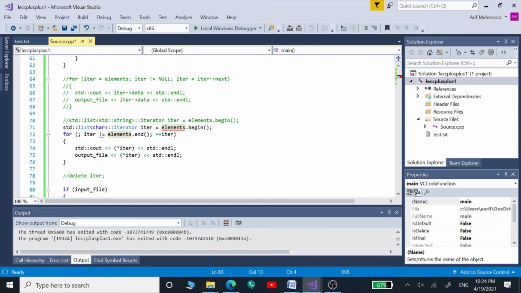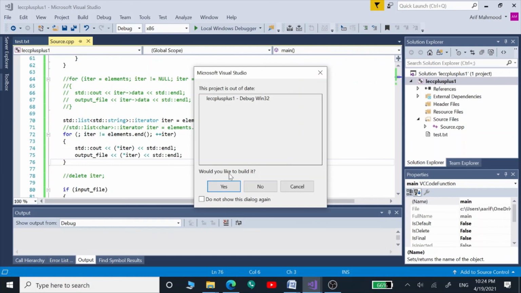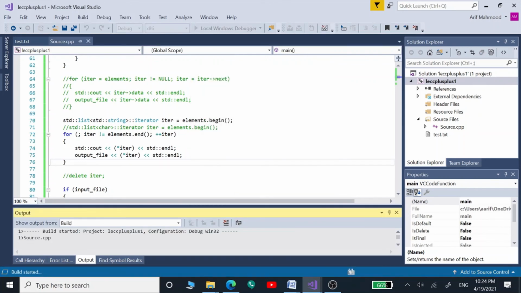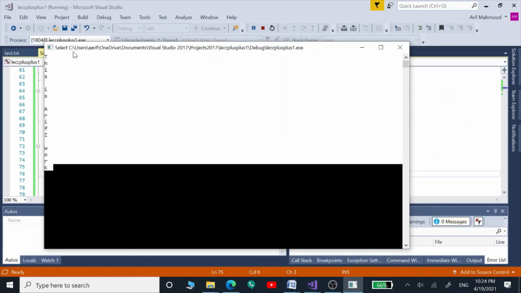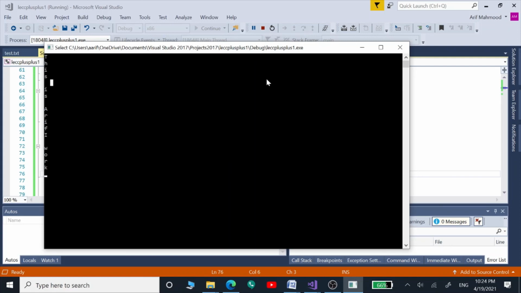But here again, we can't use this for loop like this, because now we are going to iterate through the list of type strings. So we have included this code line, the list of type string right now. Now we are going to iterate through those. So now let's build and run this program. So now we can see again our individual letters, but now these have been converted to strings rather than characters using that standard string function. So now all these letters and spaces are strings.